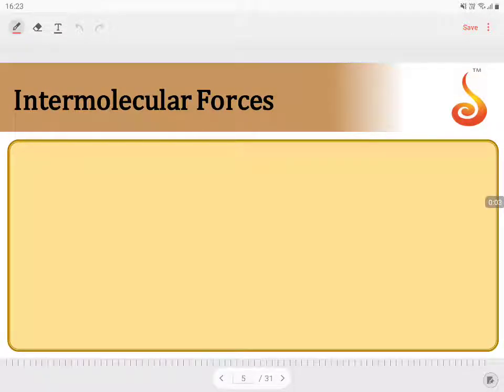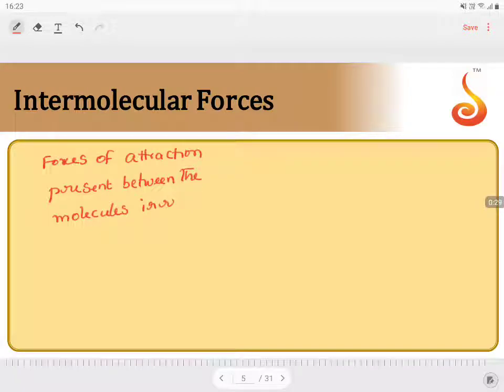Intermolecular forces, the forces of attraction present between the molecules, irrespective of the